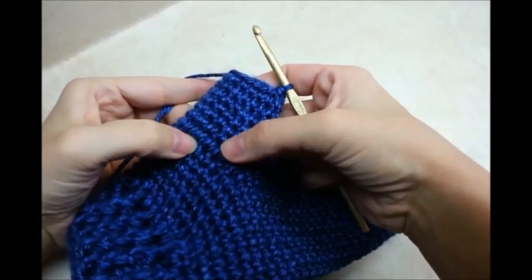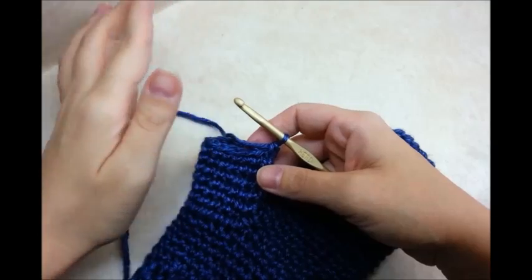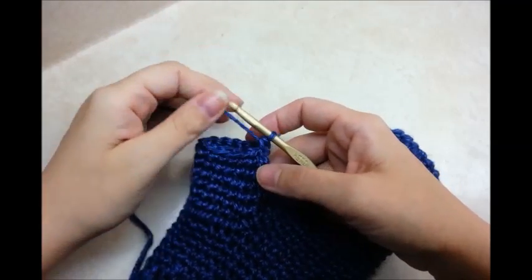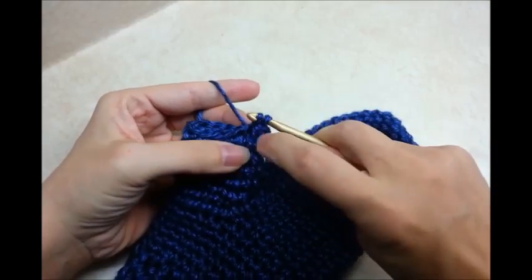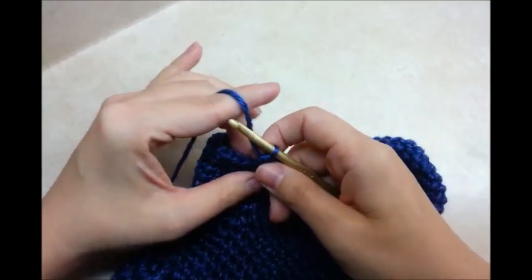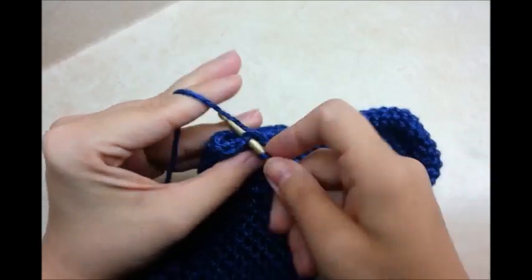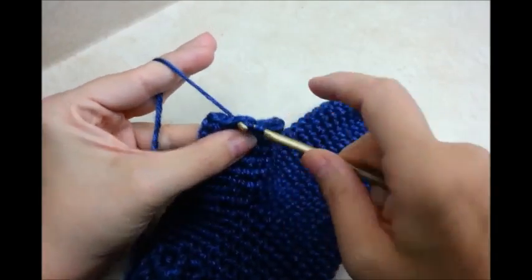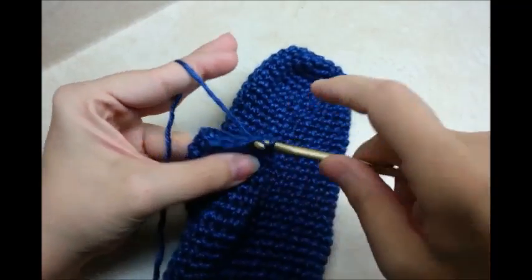Alright, I did 7 rows of single crochet on the thumb. And you can try it on and adjust it. And I'm going to close it up. So I'm going to do a single crochet. I'm at my starting point. Single crochet decrease in the next stitch. A regular single crochet in the next, single crochet decrease in the next, and then 1 single crochet in the